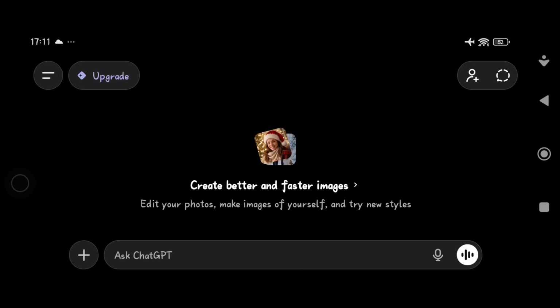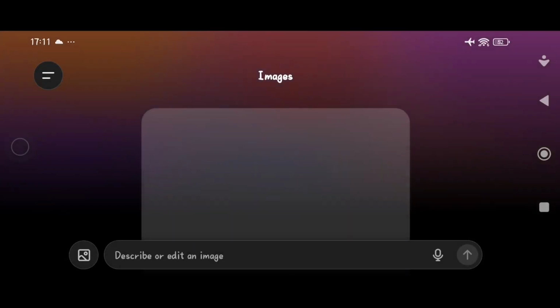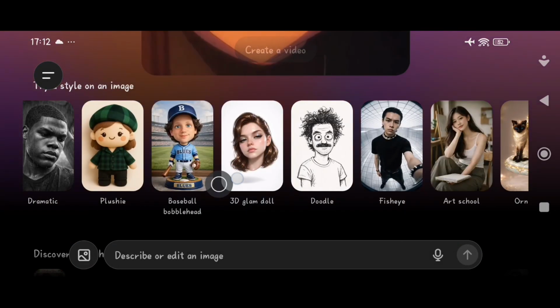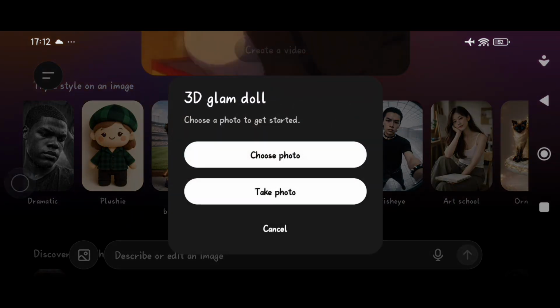In this tutorial, I will show you how to turn a normal photo into a 3D Glam doll using ChatGPT. First, just open ChatGPT and then next just tap on menu, this one, and then go to images, scroll down and then on the style sections, just choose 3D Glam doll, this one, just tap on it and then next